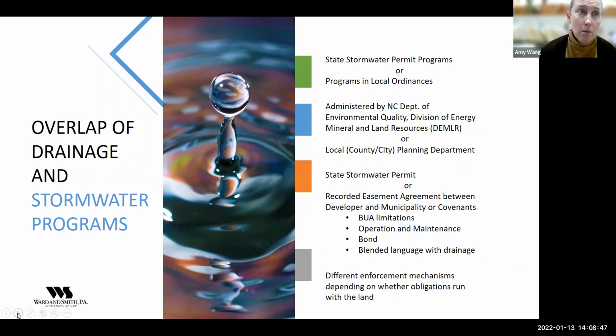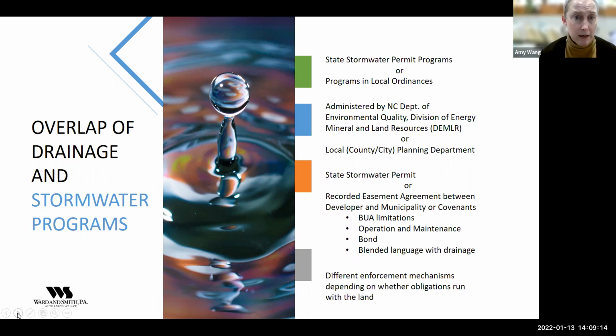And those will all address in some shape or form, built upon area limitations to control the amount of impervious surface that's allowed in the community, the operation and maintenance of any stormwater controls, bonds that may be posted that the city requires. And sometimes there's a blending of language between stormwater and drainage in some of those easement agreements.